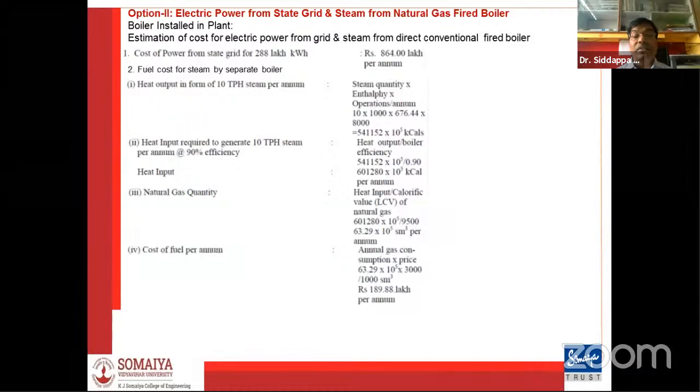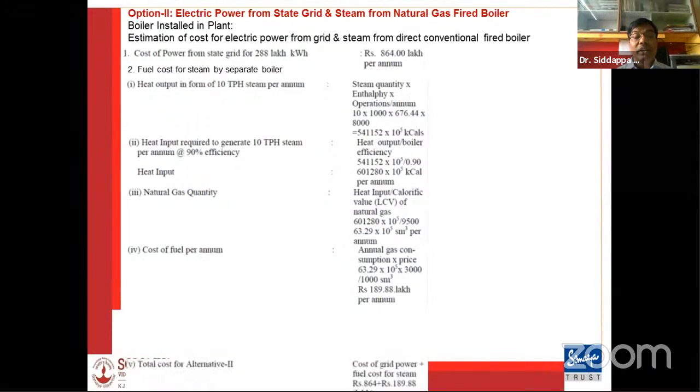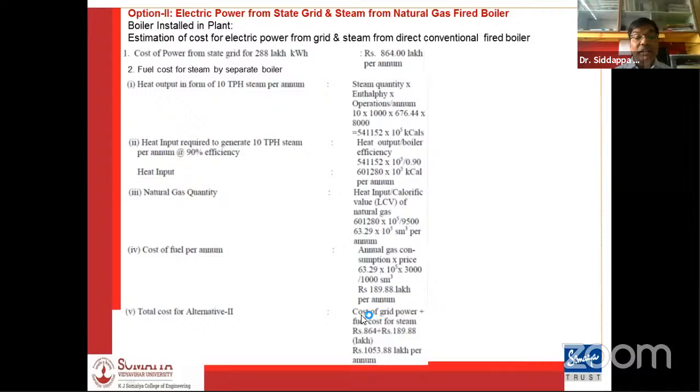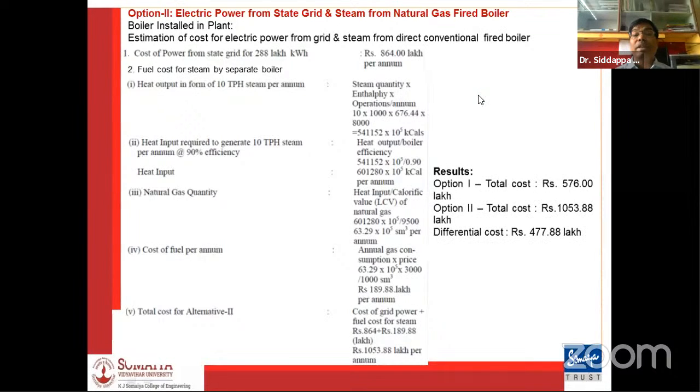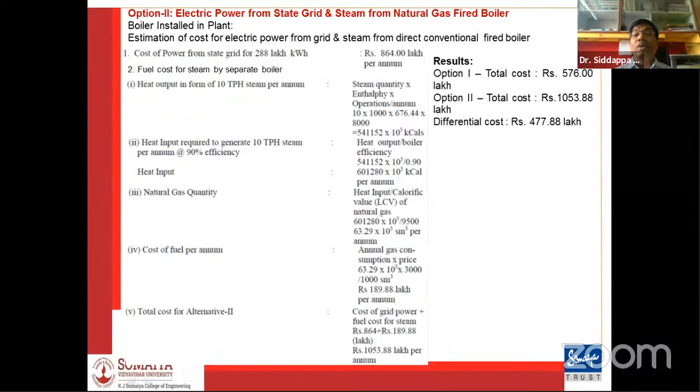Then the cost of the fuel will be 189. Then if I sum up this total cost, I'll get almost 1053 lakhs per annum, the total cost for the alternative system. So this result gives me the total cost for option 1 as 576, and that for option 2 will be 1053, and then the difference will be almost